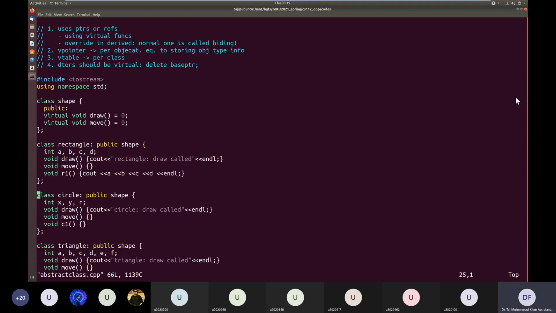If you are clear about this, then we come to the question: what's the purpose of having an abstract class? For example, here, why do we need the class shape? What's the purpose of having abstract classes?